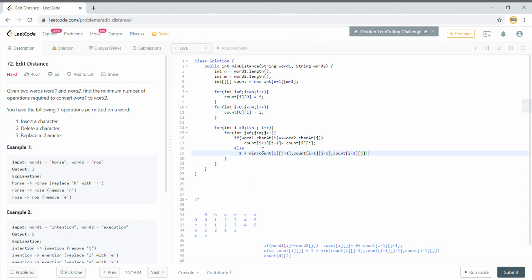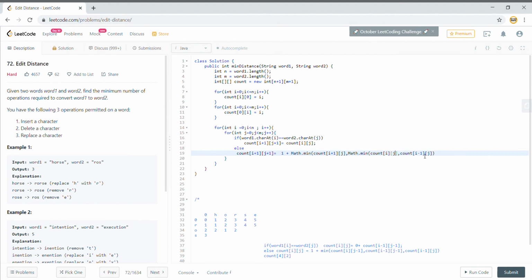So again it will be count of i plus 1, j plus 1. This is equal to math.min of i plus 1 and j, and this will again be math.min of i, j.